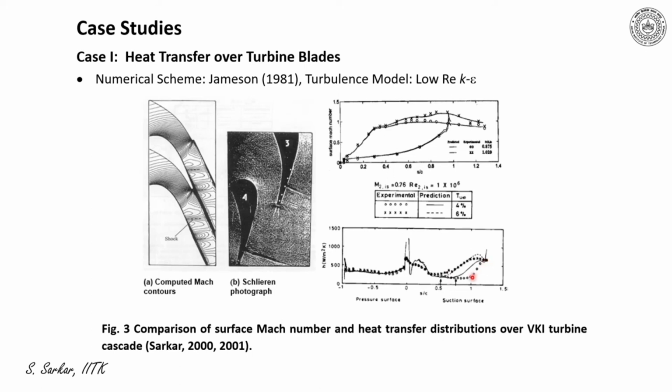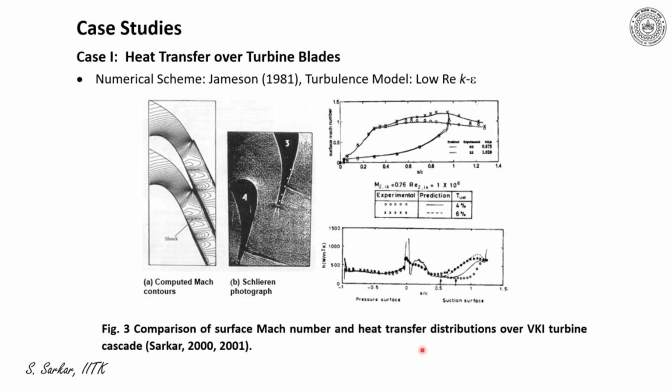However, at 4%, the comparison is not that good. It has predicted an early onset. On the pressure surface, the flow remains almost laminar for both free stream turbulence levels, and it compared well with the experiments. Thus, overall, I can say that the explicitly imposed model for transition is successful in predicting the flow and heat transfer over the